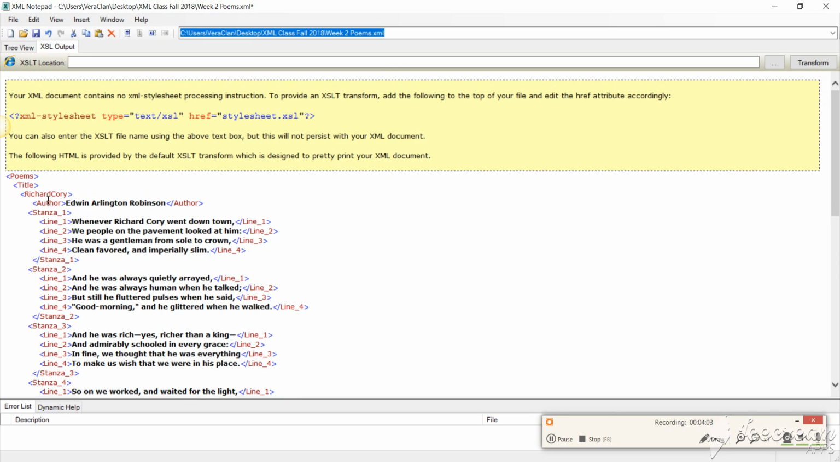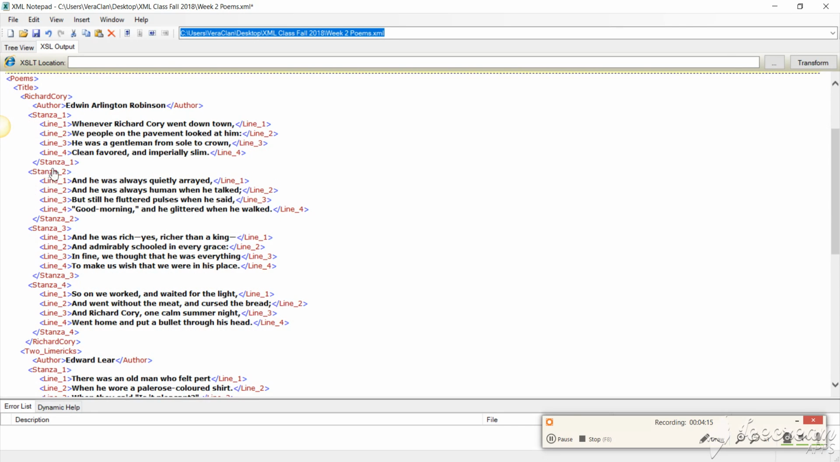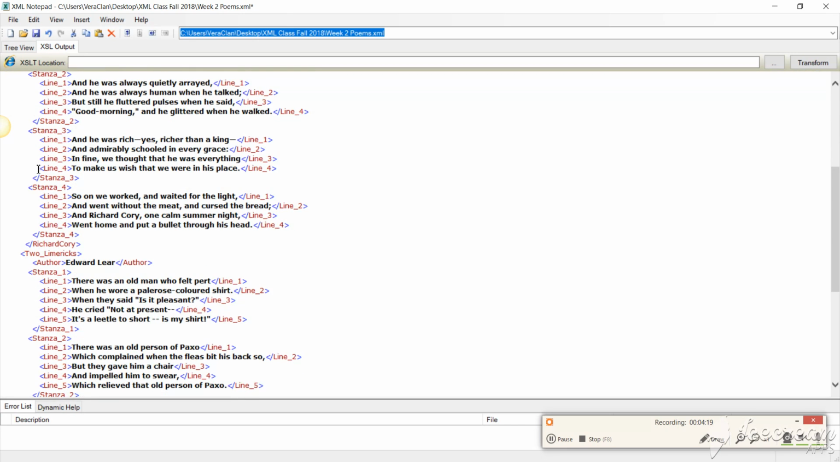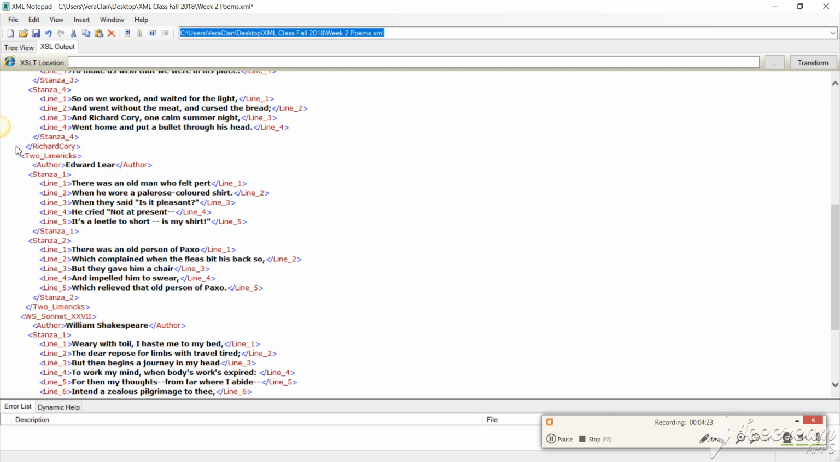This is under Richard Cory's poem. Is the author, and the stanzas all fall within the Richard Cory. And then the stanzas, each one its line, and that ends the stanza 1. Then starts the stanza 2, which is another child element. Stanza 2, stanza 3, stanza 4, end of Richard Cory, another child element, 2 limericks under poems,